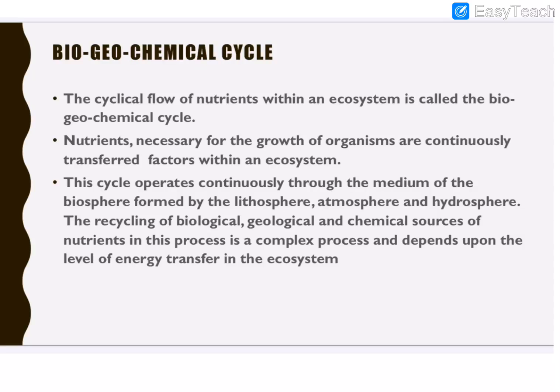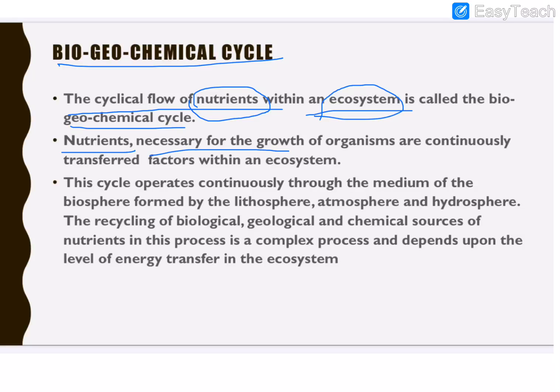Now we are going to discuss the biogeochemical cycle. That means we are going to discuss the different chemical and biological cycles that are happening in our ecosystem. So what is a biogeochemical cycle? The cyclical flow of nutrients within an ecosystem. Cyclical means in an order, like a cycle rotating and repeating, in a pattern. So the cyclical flow of nutrients within an ecosystem is called